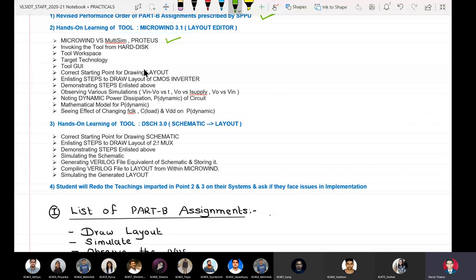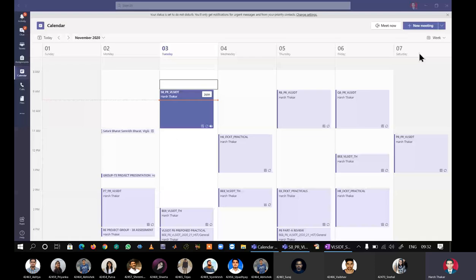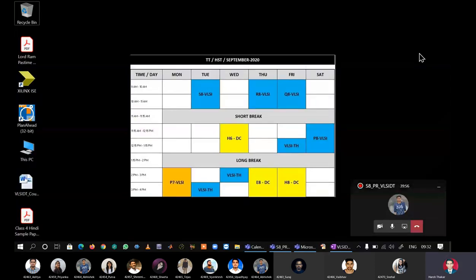So now our writing and theory part is over. Now we go directly to the tool. I assume that all of you have downloaded both the tools, Microwind version 3.1 and DSCH, from my Google Drive link. If you have downloaded them, it should look something like this.